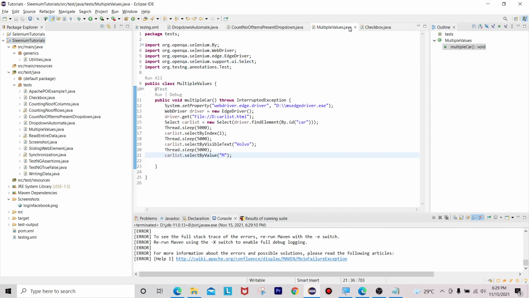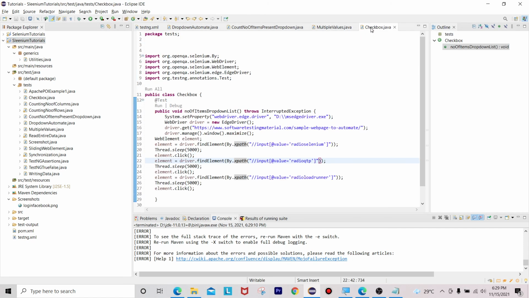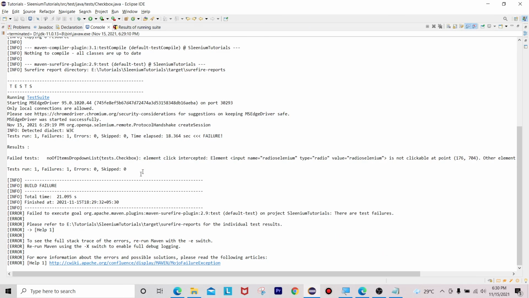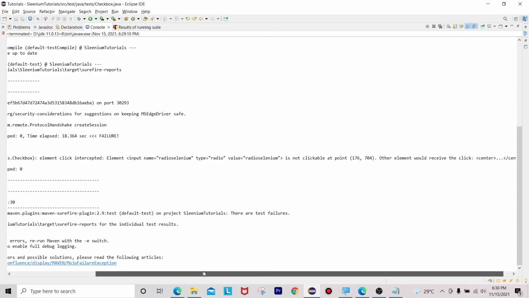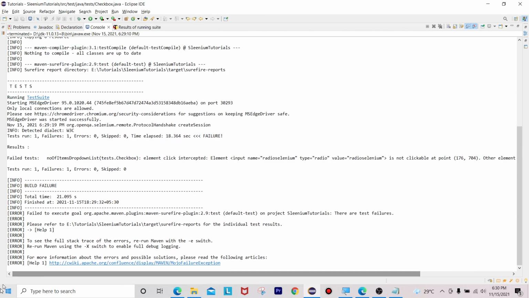We are doing checkbox only. WebElement equals driver.findElement, element.click. What error is it giving? Number of items drop down list, element click intercepted.